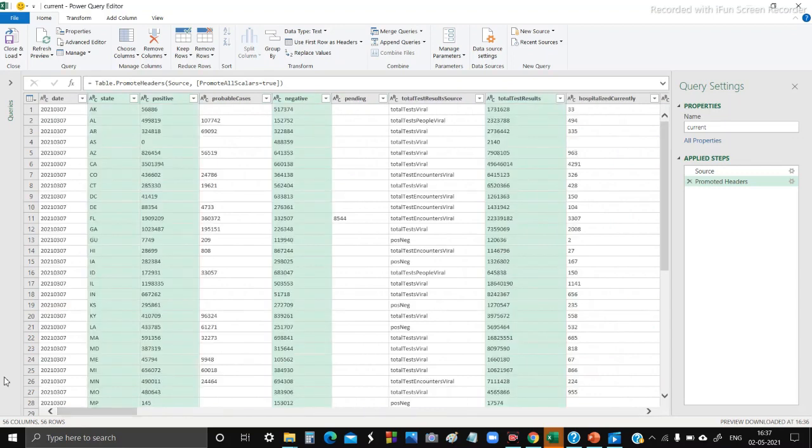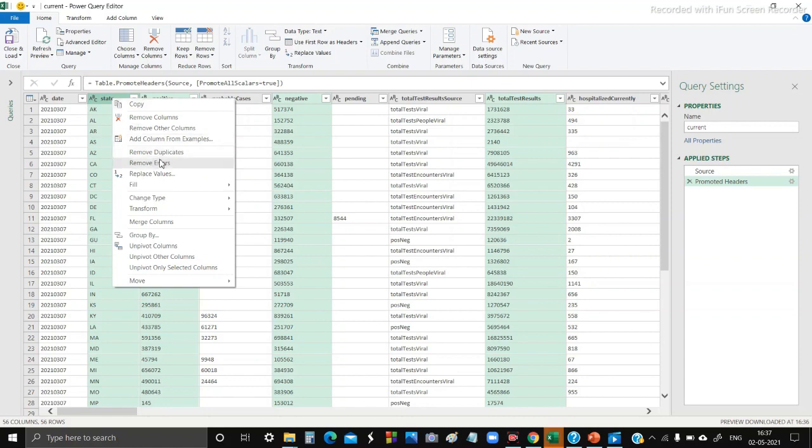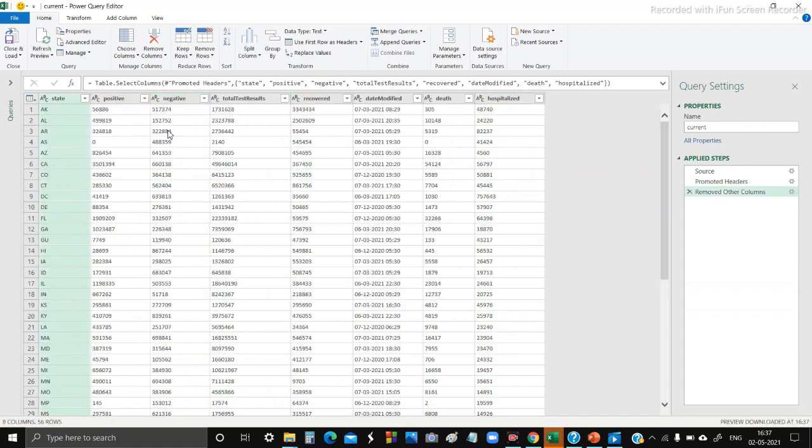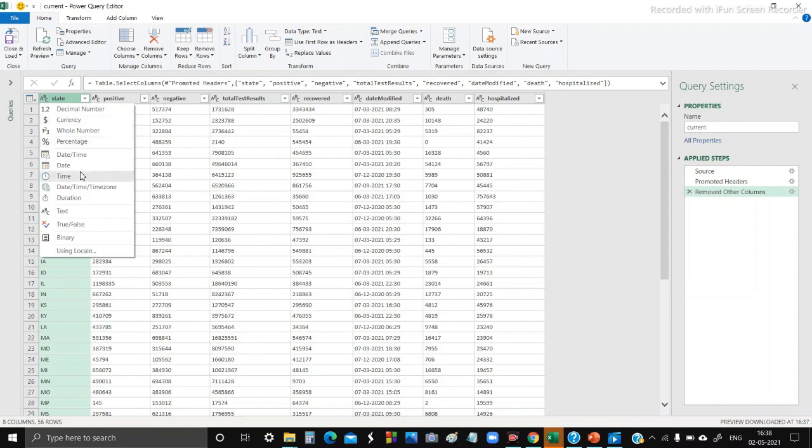So now we are going to remove the other columns. For this, right click on a selected column and choose Remove Other Columns. For each column, now select ABC and change the type according to the attribute.